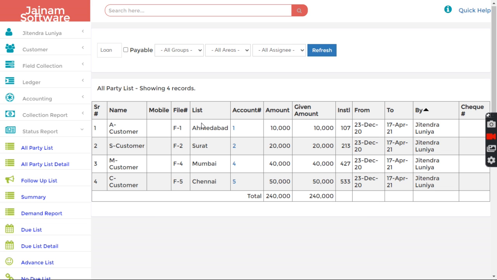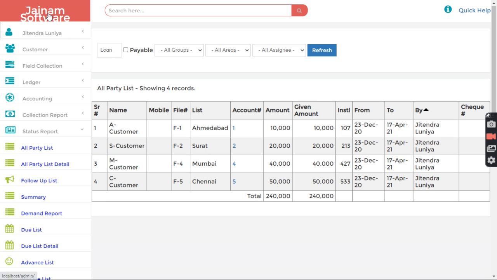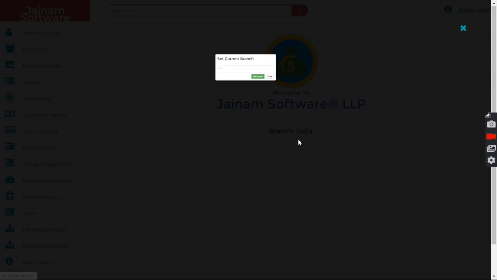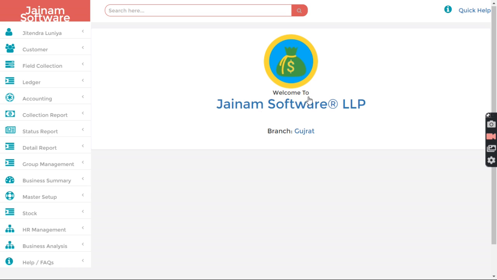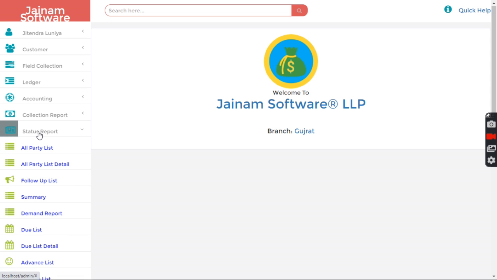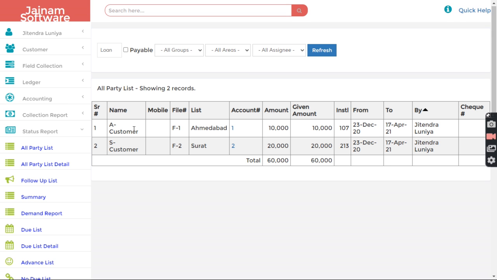Okay. Now let's say I want to understand a business from Gujarat state. I should ideally see only 2 records here. So I changed my branch to Gujarat, set branch and close. So that is my default branch. Now everything is filtered as per that branch. If I go to all party list and refresh, now I can see only Ahmedabad and Surat. These two